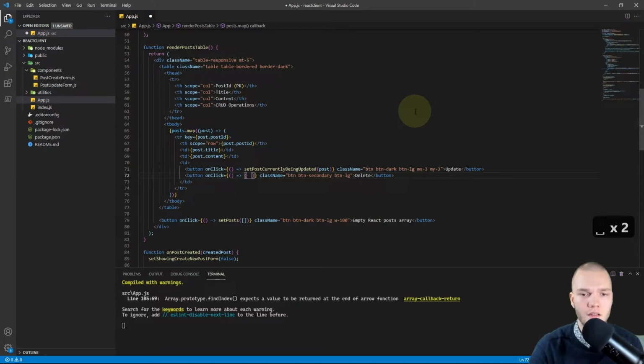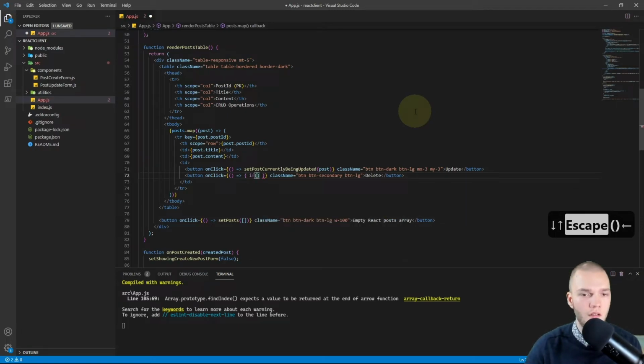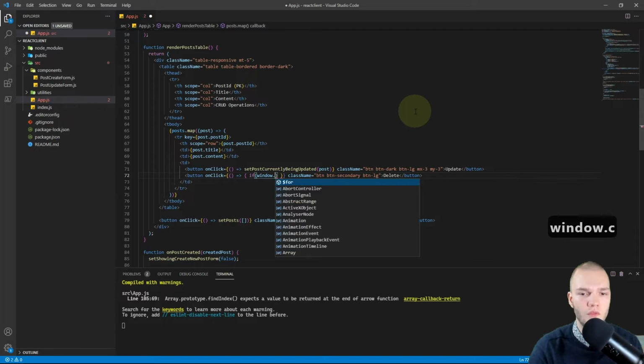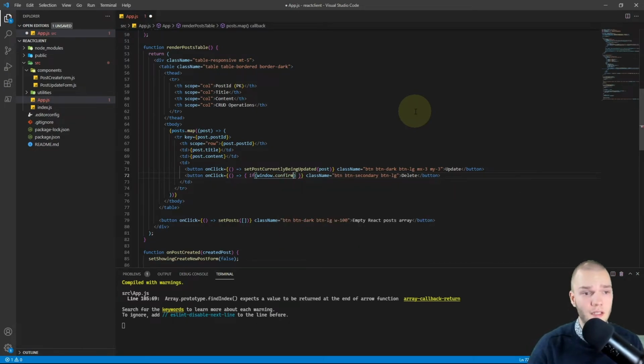And I'm going to check if window.confirm, so if the OK button is clicked on an alert, and for the alert text I'll add parentheses and backticks for an interpolated string.